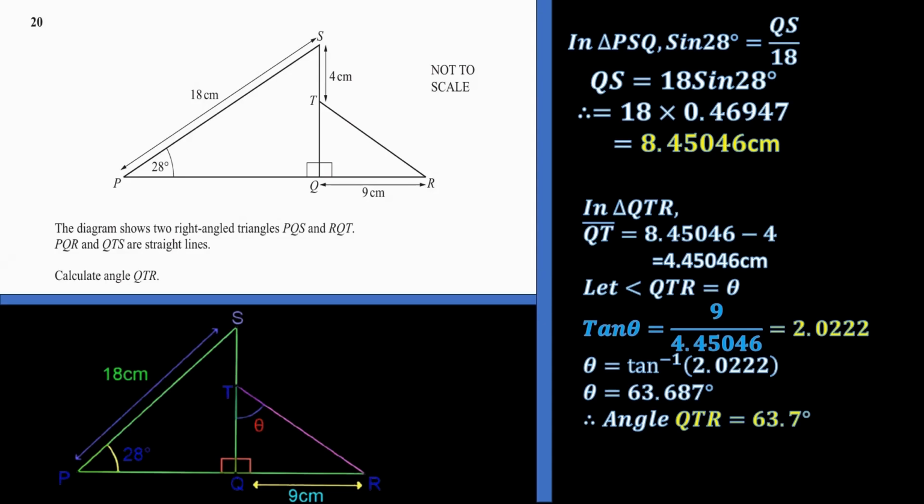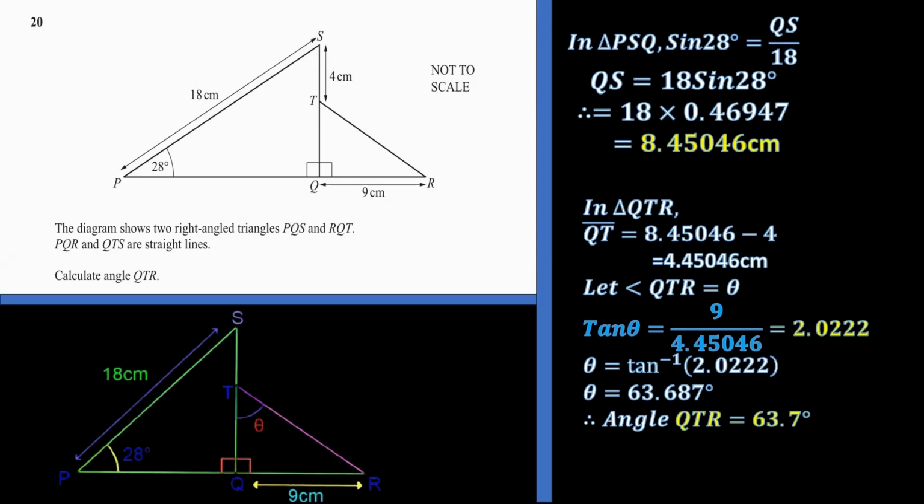So then theta will be the arctan, or the tan inverse. So when we take the arctan of 2.0222, that gives us 63.687 degrees. You can check it out on your calculator. Of course, for this exam, the scientific calculator is allowed. You check it out. You see the function key for the arctan. You put it and you key in the number 2.0222, and that gives you